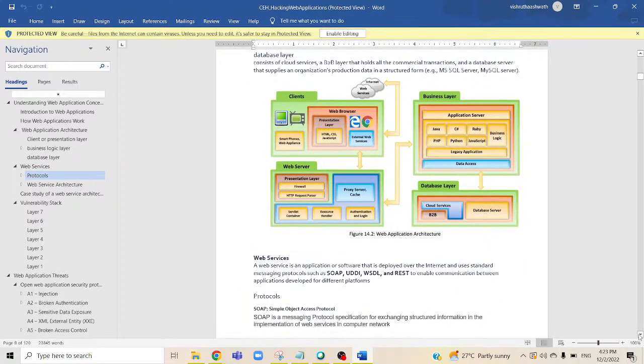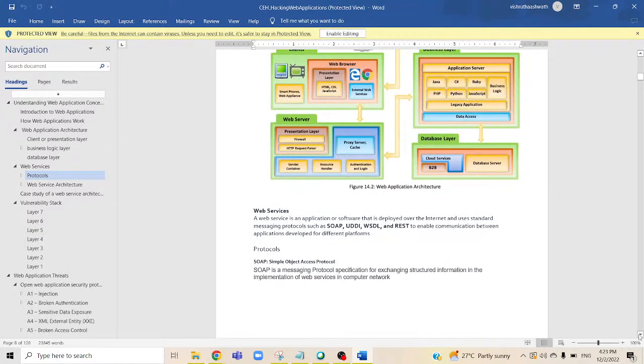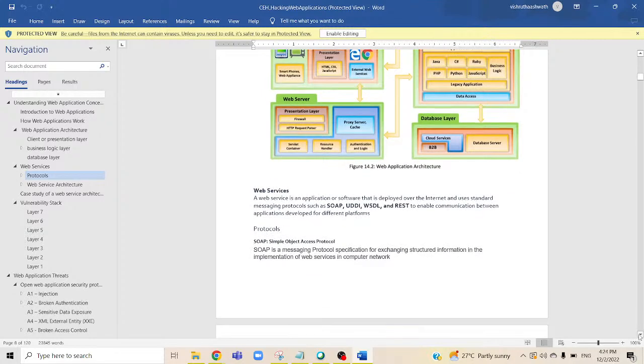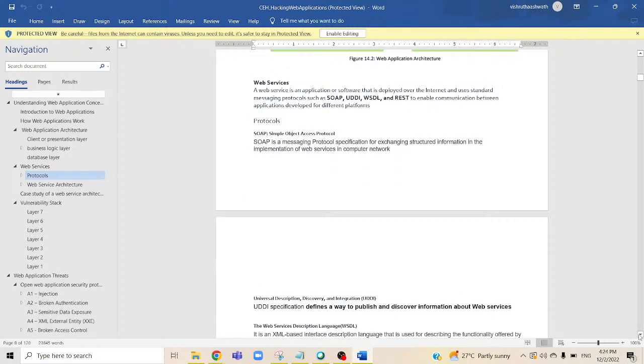Next, we will see web services. A web service is an application or software that is deployed over the internet and uses standard messaging protocols such as SOAP, UDDI, WSDL, and REST to enable communication between applications developed for different platforms. Some information about the